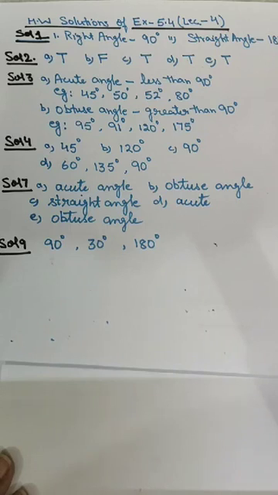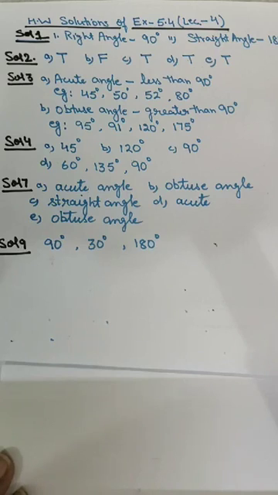Question number 9, find the measure between the hands of a clock in each figure. See, in the first exercise we did this type of question with the help of numbers only, by looking at the gap between two numbers. But now in this exercise we have to do it by measuring with the help of a protractor. So the first clock will show 90 degrees, the second 30 degrees, and the third one is 180 degrees. See, the straight line is there.